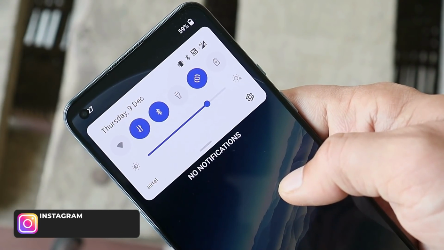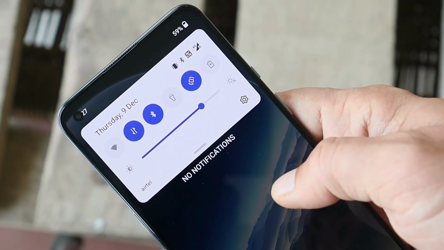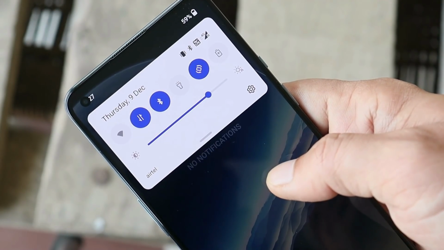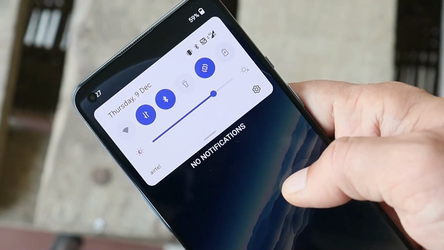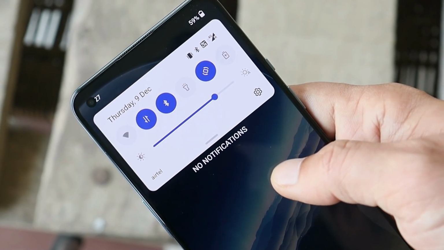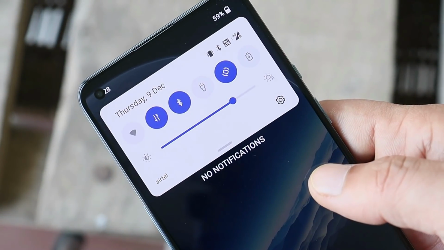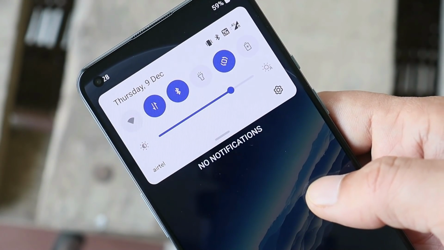And this issue we have seen on Oxygen OS 12 from the beta updates. I wasn't able to take a screenshot when I encountered that issue, but if you also face that issue, do let me know in the comment section below. That doesn't happen all the time, but yes, once or twice I've noticed that.